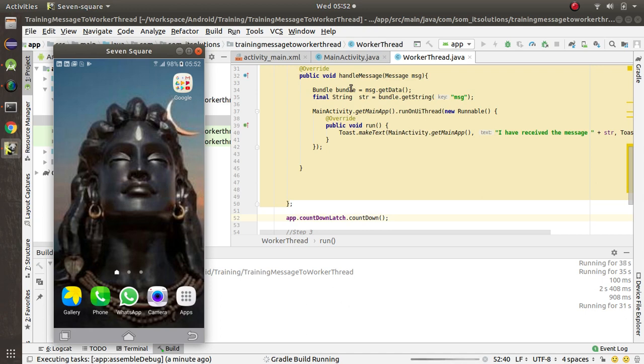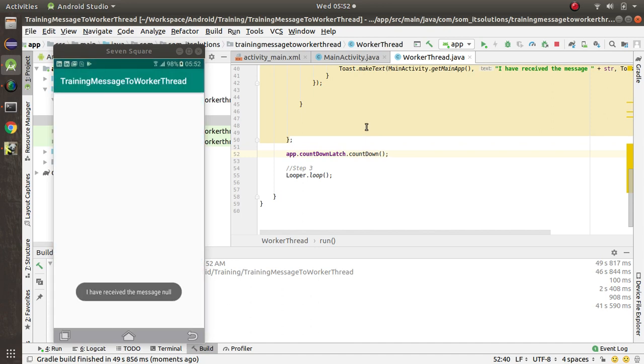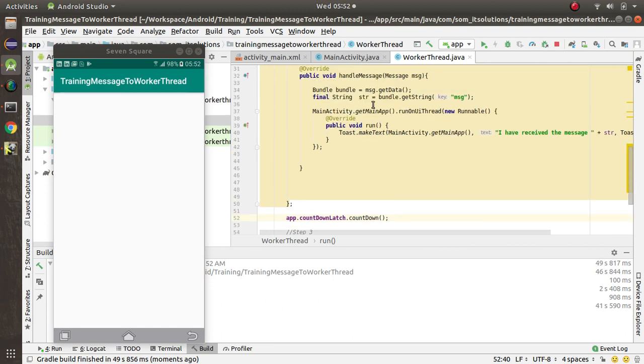Okay, and the moment it was done, it will send a message to the background thread, which will be displayed in the front as a toast. Okay, indexing, scanning file to index, installing APK, and that's it. So now simply let's see what happens. Launching activity, and see, I have received the message. I received the message, and then there is no message here. So I've sent a message, so everything is okay, but